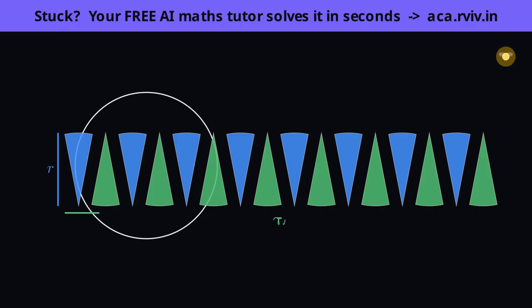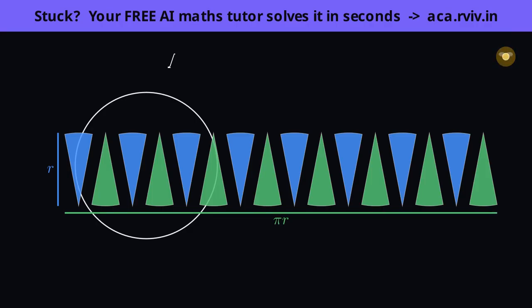All the arcs together make up the full circumference, 2 pi r, so just one edge, the top, carries half of it. Half of 2 pi r is pi r, that's why the width is pi r, and that is the only place the pi ever enters, it rode in on the circumference.